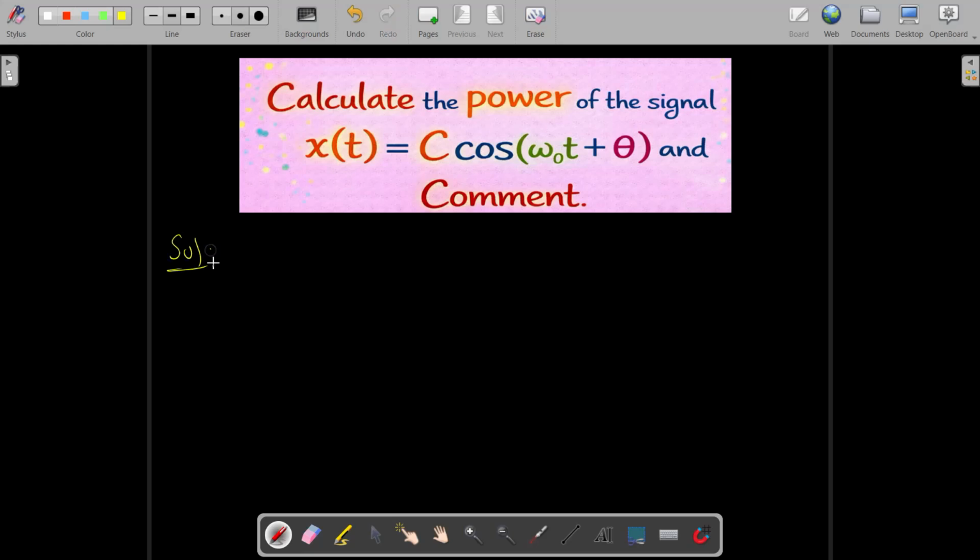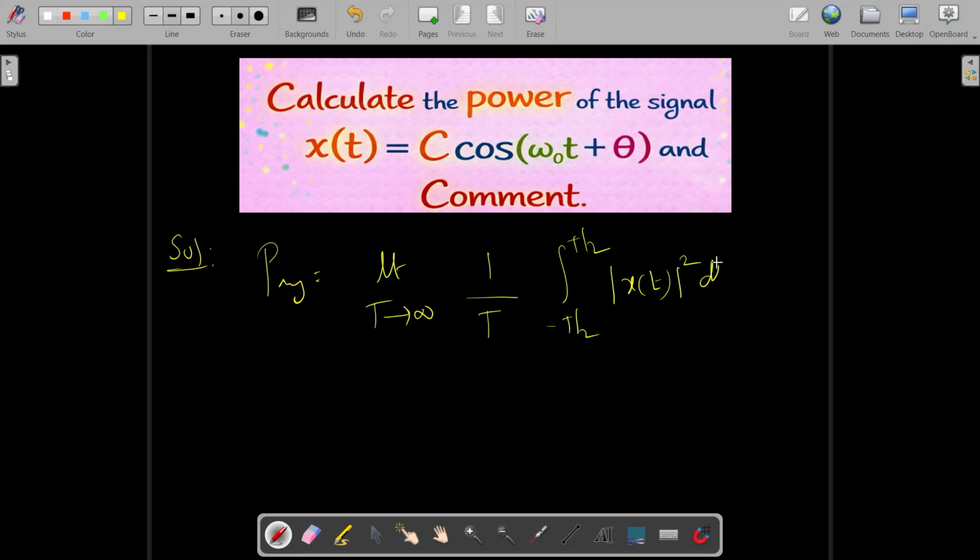Solution. So we know the average power. In general, it is going to be limit t tends to infinity, the time average power, 1 by t, integral from minus t by 2 to plus t by 2 of mod x of t squared into dt. So this is true in general, right? But if